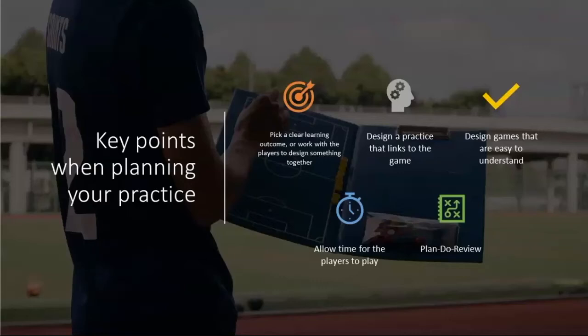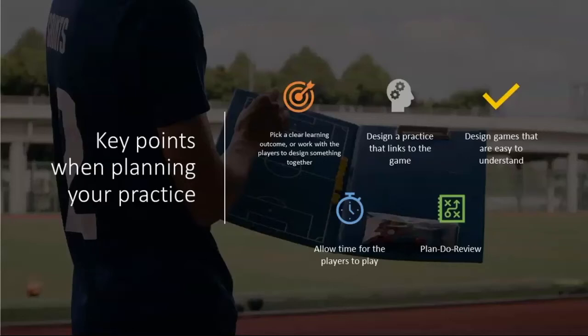Also, other ways you could reflect, you could think about maybe a SWOT analysis. So this is an amazing time when we're not out coaching. I don't mean it's amazing that we're not out coaching, but it's an amazing opportunity to really reflect on what we do. So what are your strengths, weaknesses as a coach, and what opportunities have you got? What threats are there to your coaching being as good as it can be? And it takes a little bit of time to reflect on these things, but I guarantee it's worth it. And even if you find one thing that was a new idea that comes out of that process, then it's worth it.